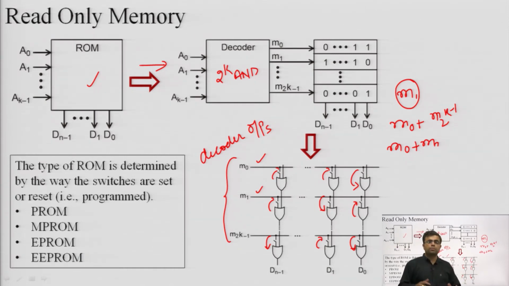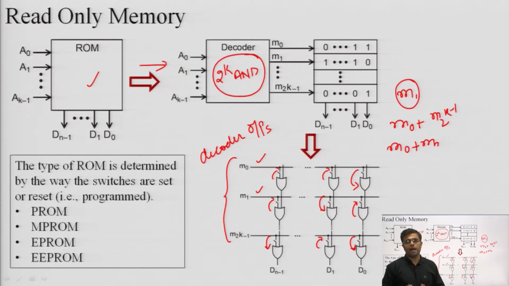So these OR gates are programmable now. Whenever we are preparing a programmable logic device, we have to see which part of that logic device is programmable. That means the user can program it according to the requirement. That programmability can be understood in terms of products or sum. We can see that the products are not programmable at all. These 2 raised to power k AND gates are fixed because they are a part of the decoder. We cannot change the internal structure of the decoder. But the OR gate part is programmable. We can make or break these OR gate connections as per our requirement.